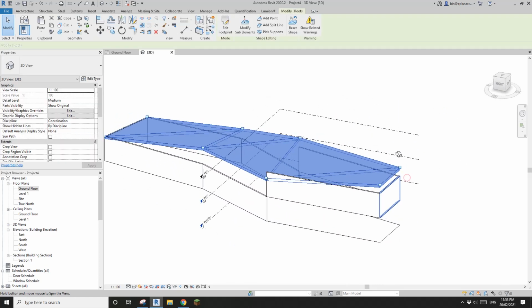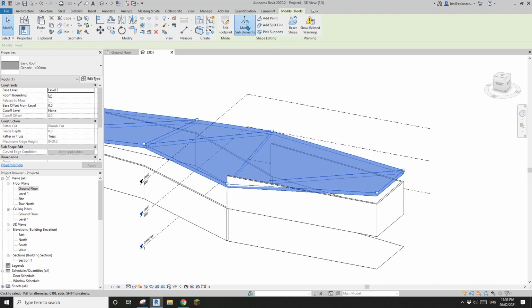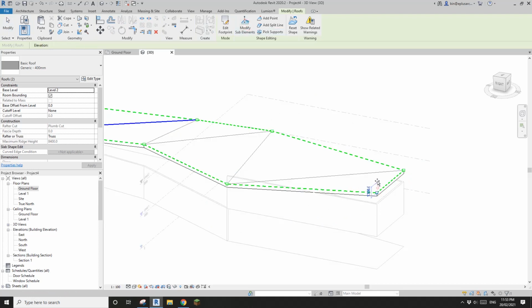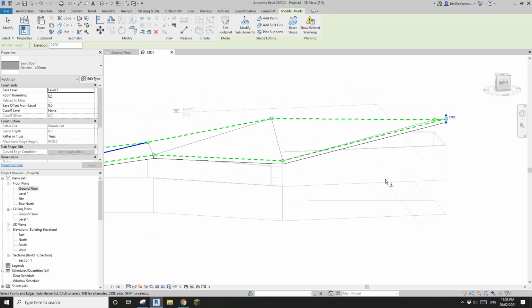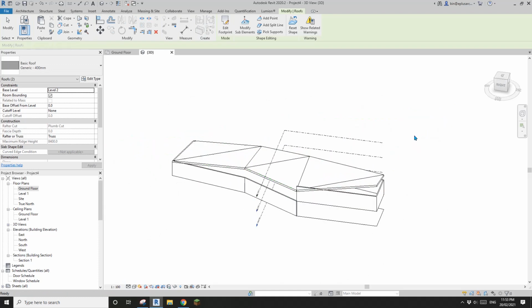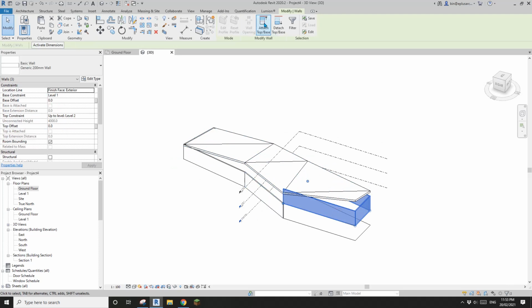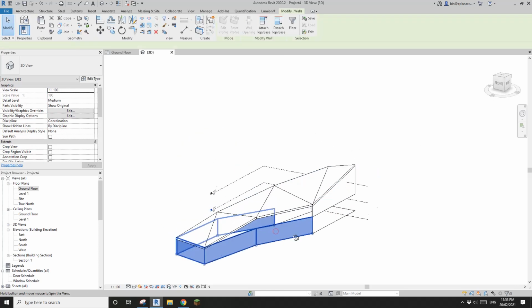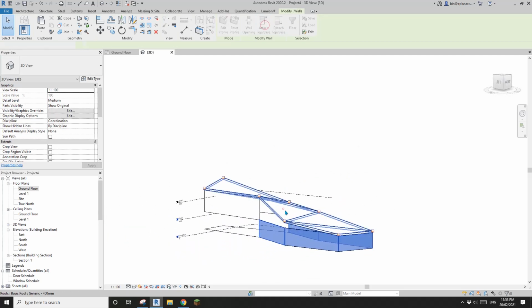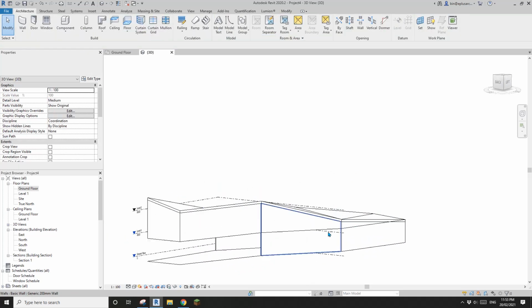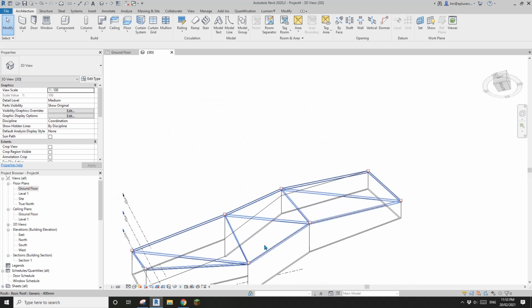And maybe here, edit, modify sub element and go up maybe. Okay, so once it's finished, just escape, and then we can select all the wall and attach the roof, and also the lower wall attached to the roof. Okay, so now the next step is we just need to